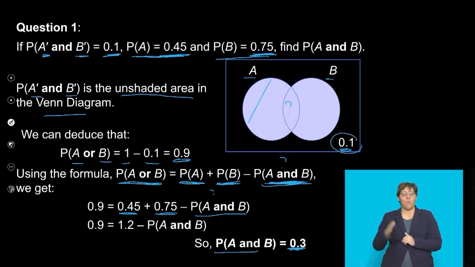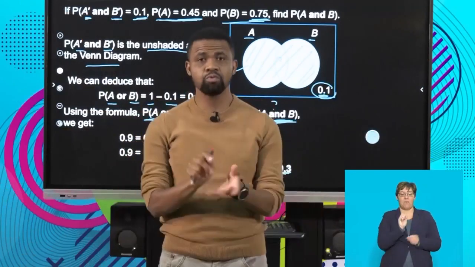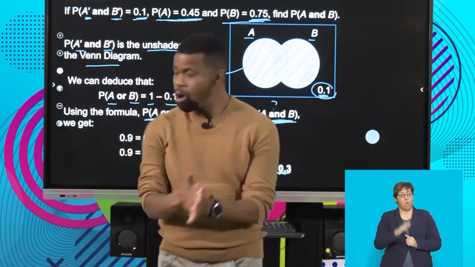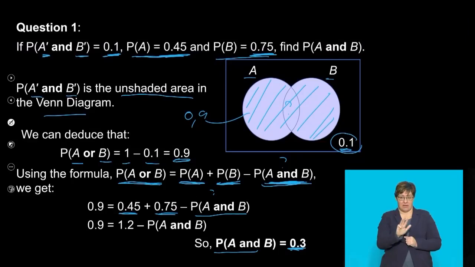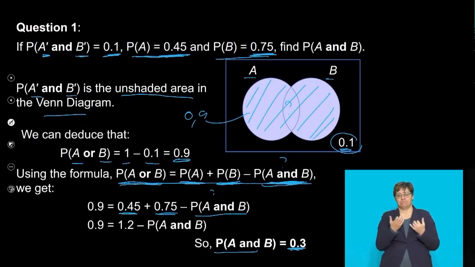So what was important with this question was we knew that this is 0.1 outside. Then we knew that this whole thing will be 0.9. That was the key part, because we know that this whole thing will add up to 1. And knowing that this is 0.9, then what we could do is to use the formula, which is given to us to calculate the intersection. Are we all together? And we're given 2 more information.